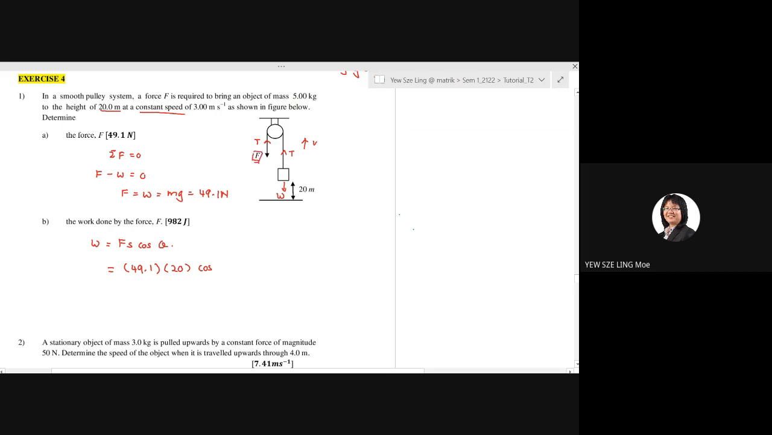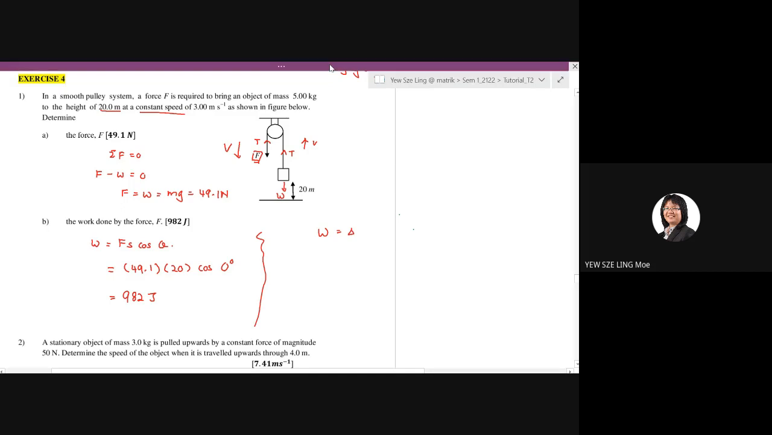Because on the other side, the displacement is going down. Therefore, the direction of movement and the direction of force are pointing in the same direction. It should be 0 degrees. So you are going to obtain 982 joules. Now if you apply work done by gravitational force, which is W equals